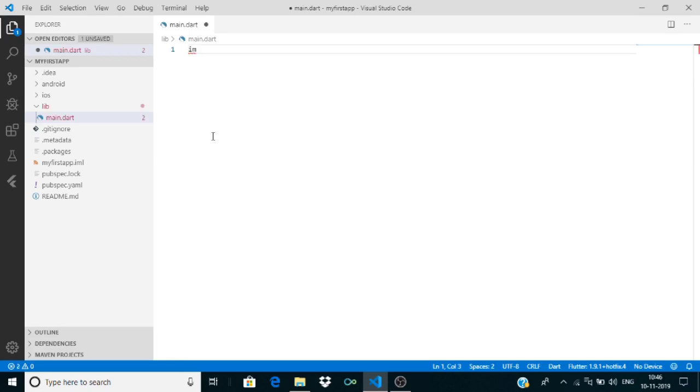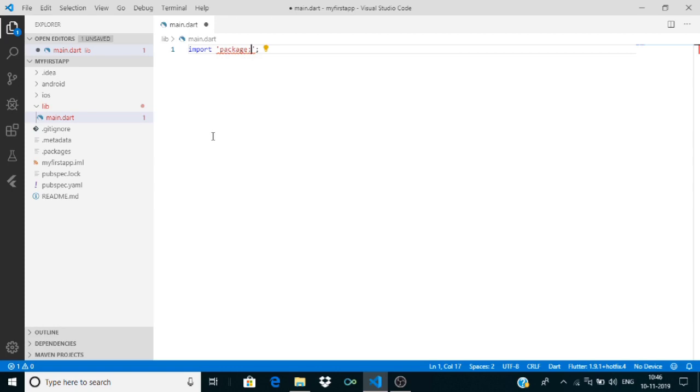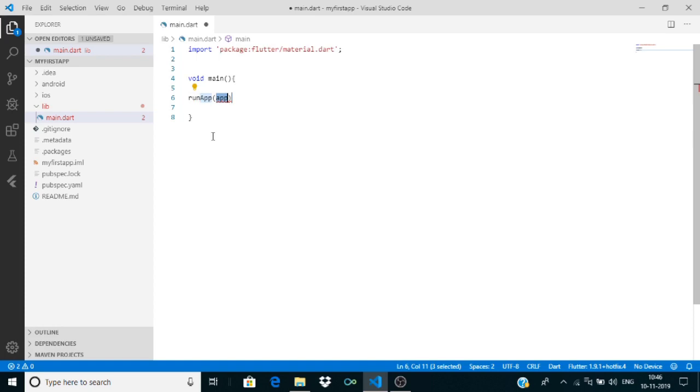First we have to import material.dart. To import that I will write import package:flutter/material.dart. You need this, and our Dart program starts with a main function. So you have to write a main function, and to display something on the screen we need a function called runApp, and this function takes in a widget. I will pass a MaterialApp widget,